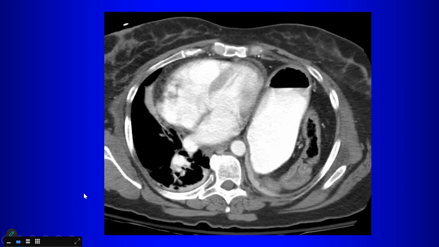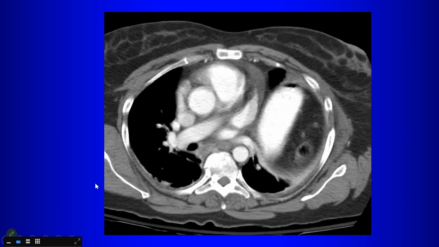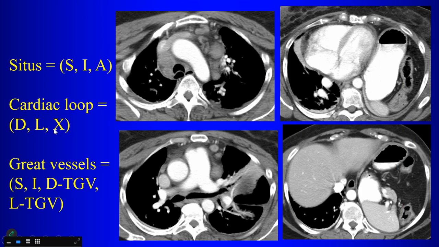Now, what is the relationship of the pulmonary artery to the aorta? To the left and anterior. That is normal. Right. So we have situs solitus. Well, what is our situs here, right? Our situs is which one of these three? S, solitus. The cardiac loop is, well, you kind of have an idea because everything looks normal, but if we